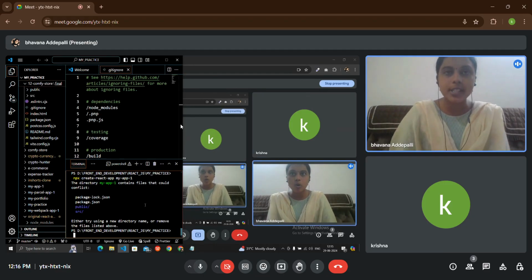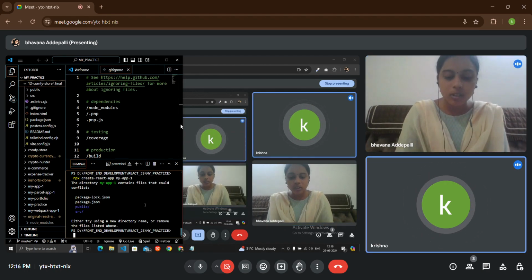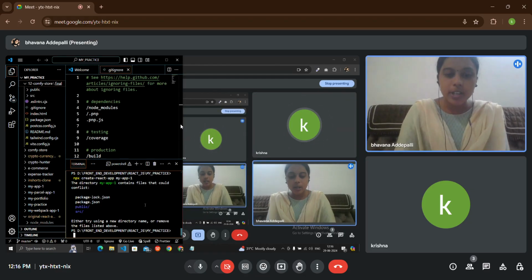So hooks enable the functional components to manage state and perform side effects and many other React features, sir. Hooks include useState, useEffect, useContext, useReducer, and useRef, etc.